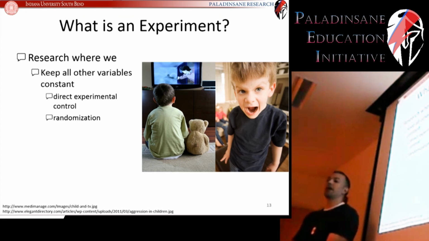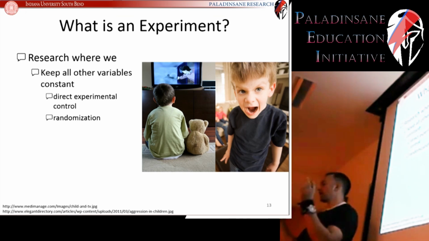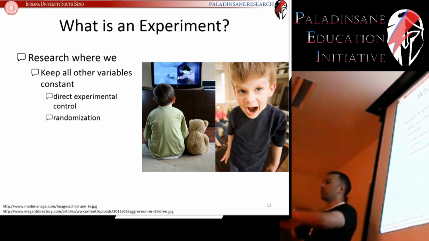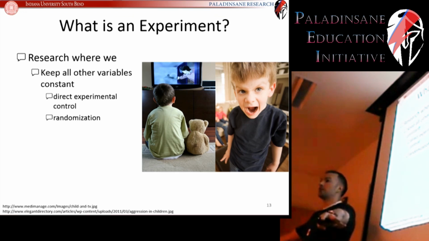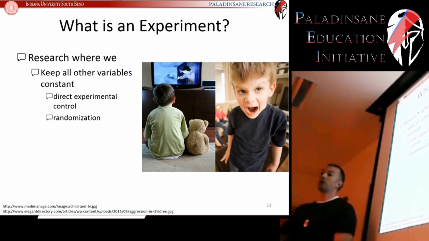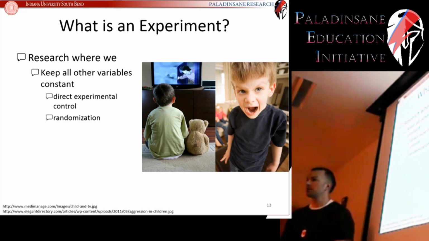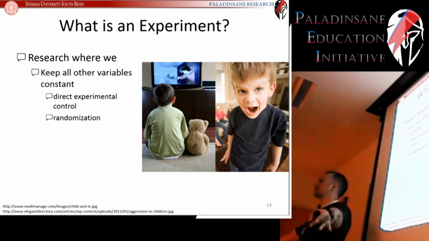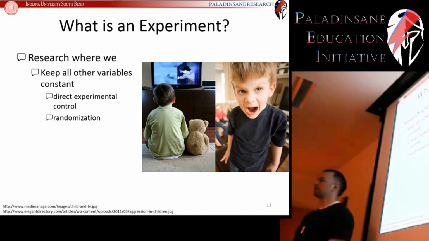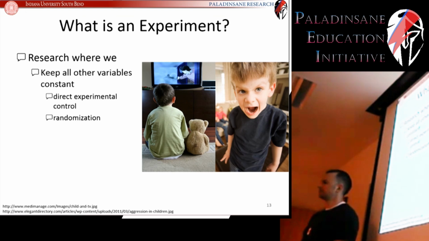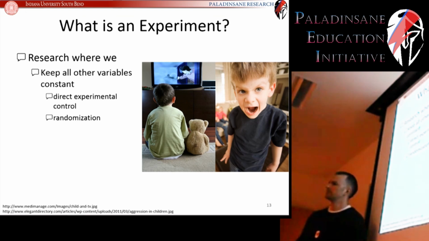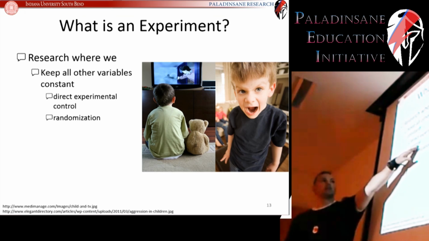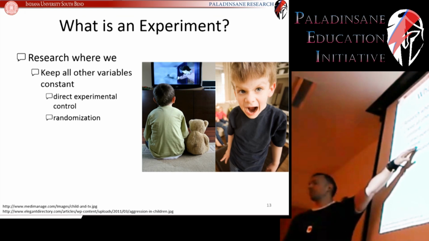Okay, so how much do they play outside? So you can take a look at things like, how much non-screen time do they have? And we'll make sure that both groups are about average on that. We could take into account what's their involvement in organized sports and make sure that both groups have about the same number of subjects that are involved in organized sports. Anything else? Okay, so we'll end it right there. That's all an example of that direct experimental control.